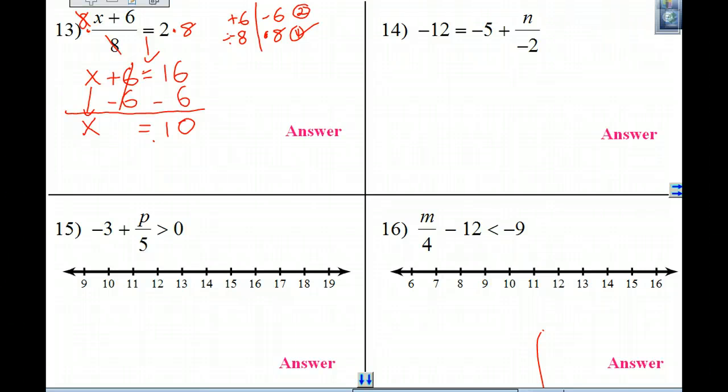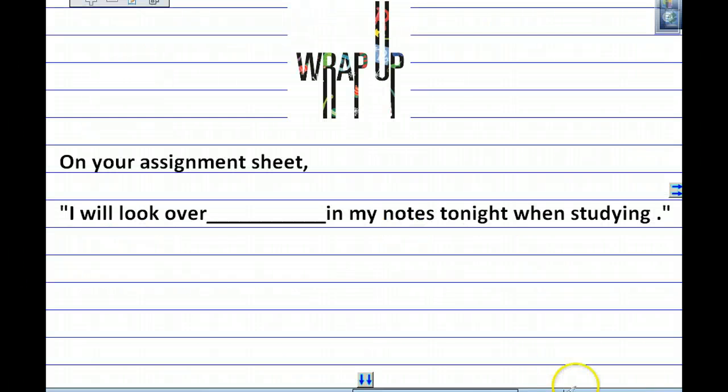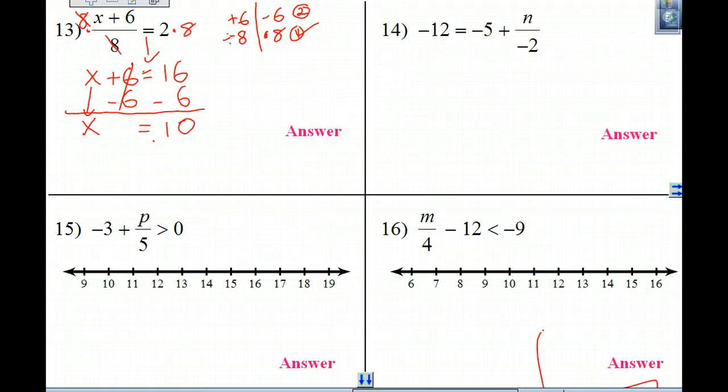That's all the time we have for this. So you guys can use this right now. I'm going to hand out a quiz to each person. Everybody